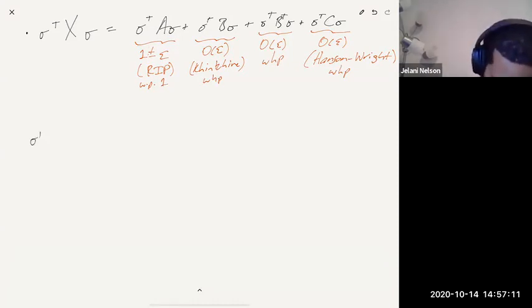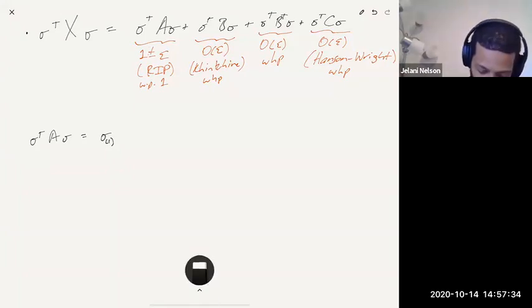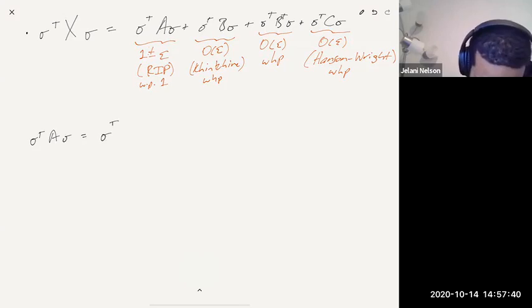So sigma transpose A sigma is equal to sigma. I did superscripts before, but I'm going to switch back to subscripts because otherwise it gets in the way of the transpose. So this is like sigma 1, meaning you just keep the top k entries of sigma, the first k entries of sigma. Okay, actually, let's do it like this. This is equal to sigma transpose, and then it's something like